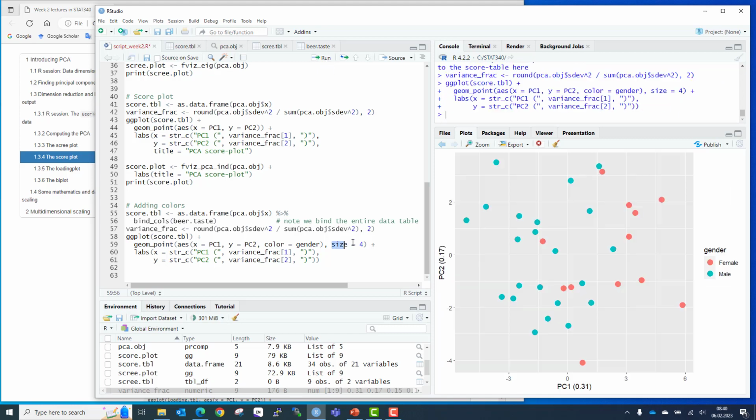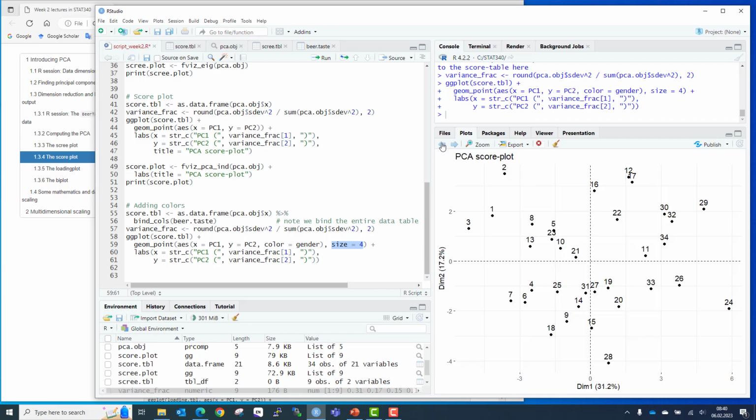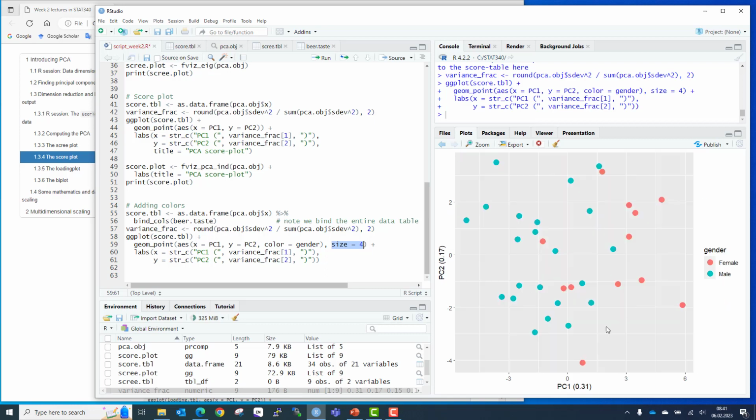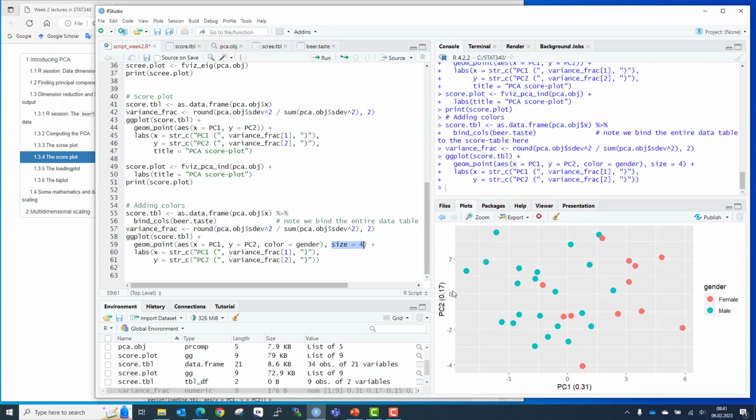I actually made the size of the dots a little bit bigger as well. And now you can see, this is the same plot as we had two pictures ago. Same plot, but now I have made the dots a little bit bigger, and I also made some colors. And again, we should make the aspect ratio a little bit more correct like this. And now we can see